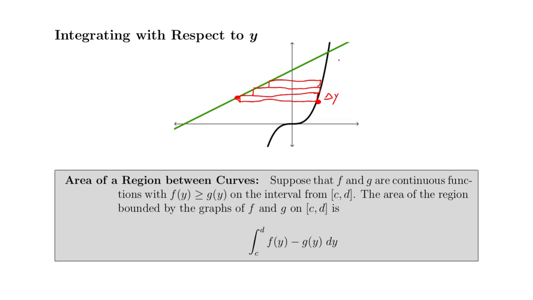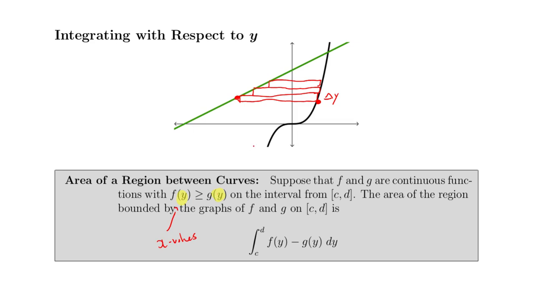If we are able to invert our functions, this is just a difference in x values, which we could make function outputs by writing our functions in terms of y. So take a look at this. Suppose we've got two functions that are continuous with f of y. Notice that's an x value,